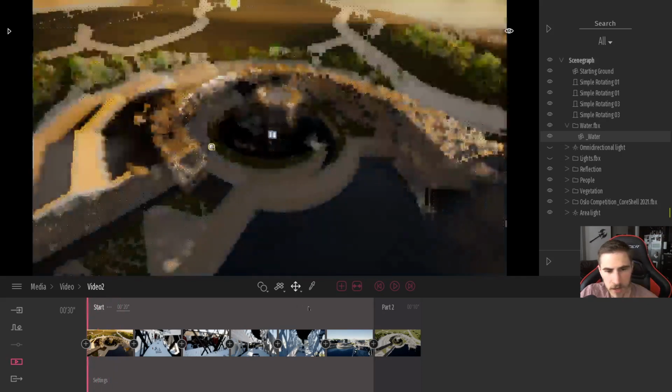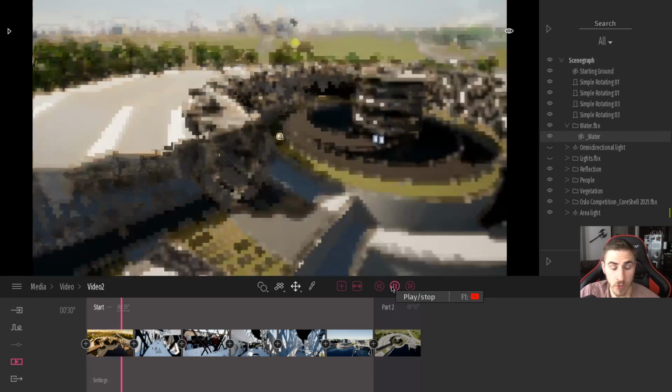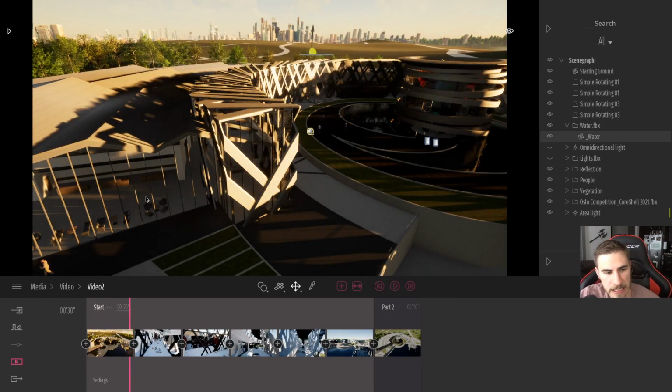So let's go to the start here, press play, and preview what this looks like. And, of course, this does look really terrible, as it's completely flashing and all that. But what it's actually doing is transitioning not only the location that my camera's at, but also the effects that I've applied to this particular clip compared to the next clip.